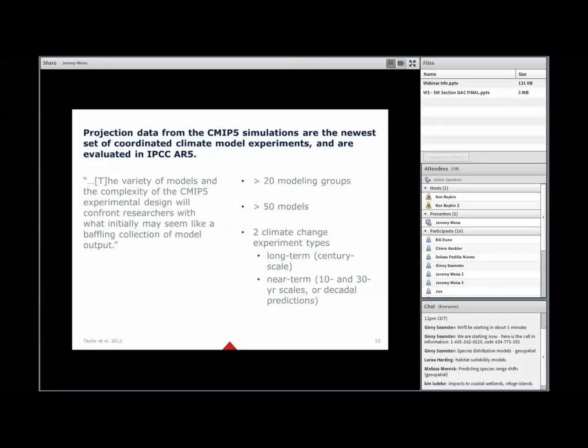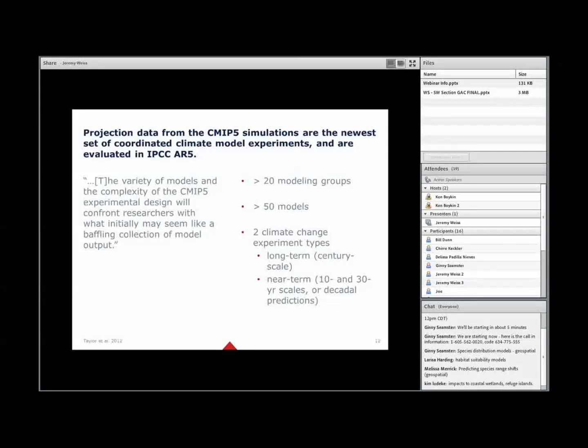The initial steps in working with these can be kind of intimidating, as the quote on the left of the slide denotes. The number of models and the complexity of the CMIP5 experimental design confronts us with what might seem to be a pretty baffling collection of model output, and I would agree with that.